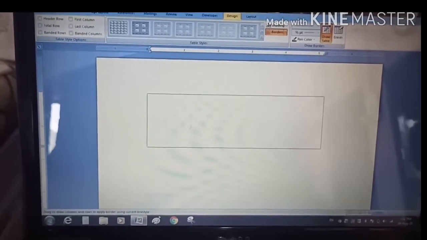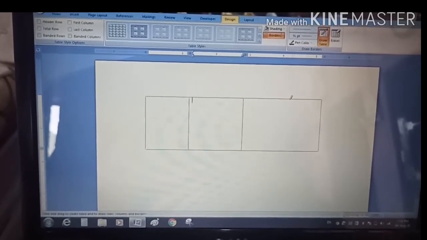So here make the vertical lines to make columns and horizontal lines to draw rows. So in this way a table can be created.